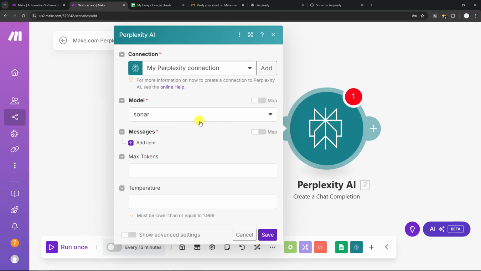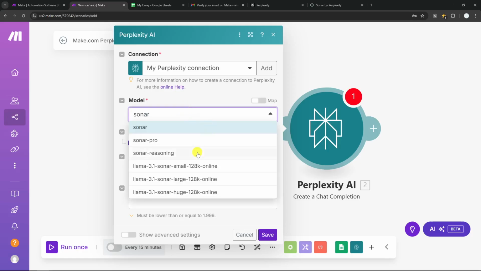All right, so what you need to do is select the AI model. Right now, when I'm recording this video, there are multiple AI models. I think mainly it's going to be Sonar, but there are some legacy models like Llama Sonar, which is from Meta Llama, but right now for some reason it's still available in Perplexity API. Now, if you want to know what models are available, you can actually go to